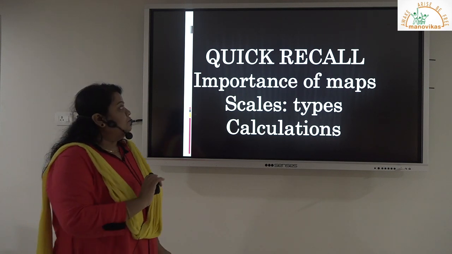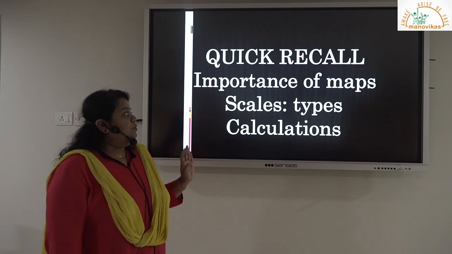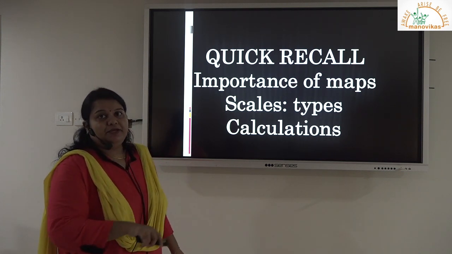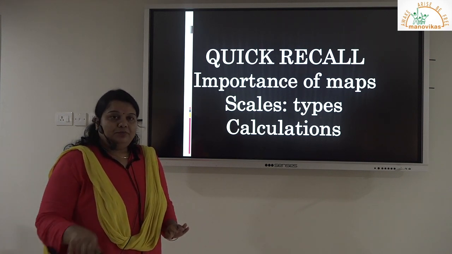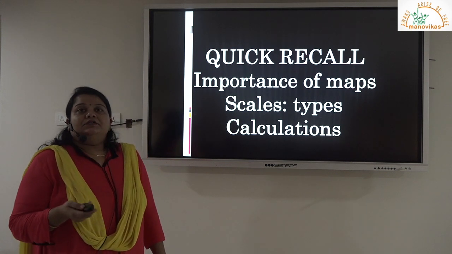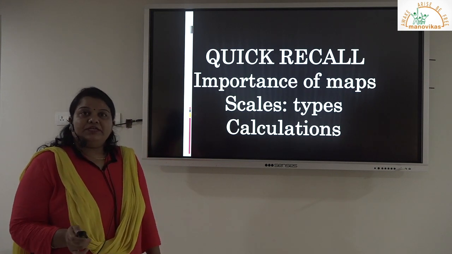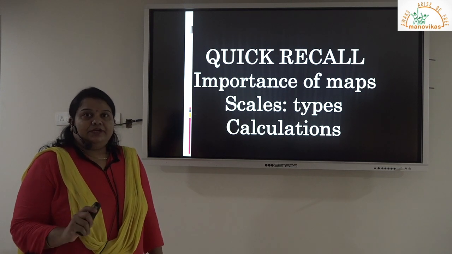So with this, we completed a part of it. You need to solve the calculations depending on whatever has been explained in the video. Pause the video for a while and solve the problems, and we'll check in the next class the plan, sketch, small scale maps, large scale maps, conventional signs and symbols.